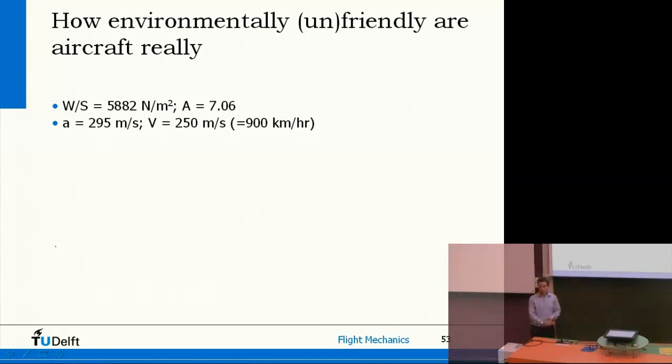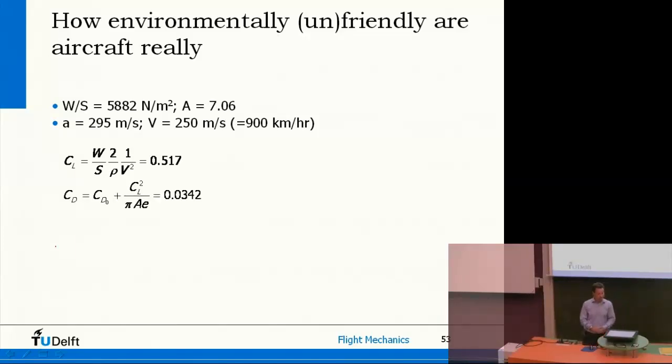So it was given that this aircraft cruises at Mach 0.85, so that means the aircraft is going 250 meters per second, or more or less 900 kilometers per hour. Now, if you know the airspeed and you know the weight and the air density at 11 kilometers, you can calculate lift coefficient, about 0.5,